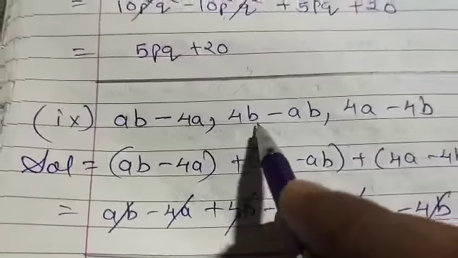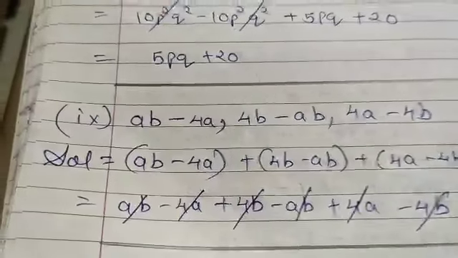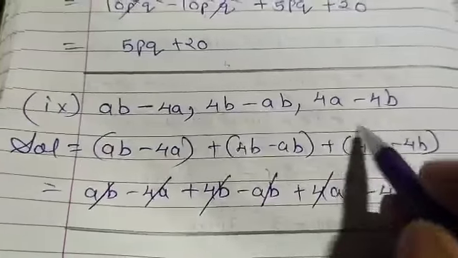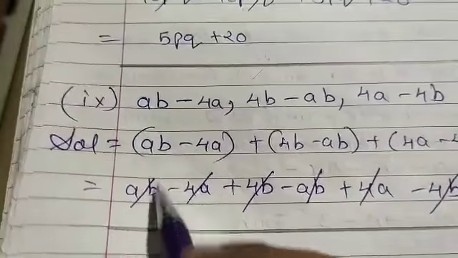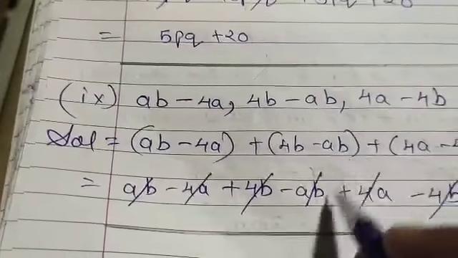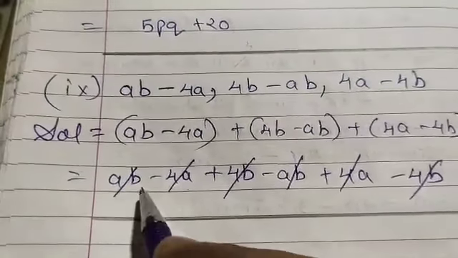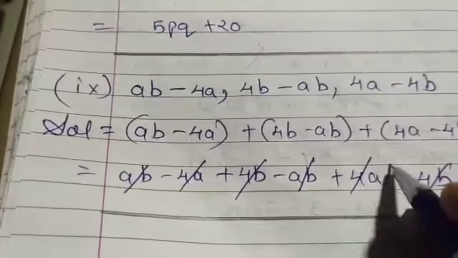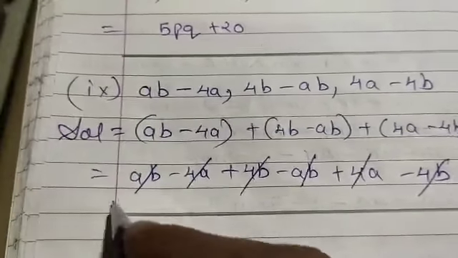Then the next one is ab minus 4a, 4b minus ab, 4a minus 4b. Now put all the expressions in brackets, that is ab minus 4a plus 4b minus ab plus 4a minus 4b. Then open the bracket. Then see whatever is possible to cancel: positive ab and negative ab cancel, minus 4a and plus 4a cancel, positive 4b and negative 4b cancel, and what is left, nothing, you can write